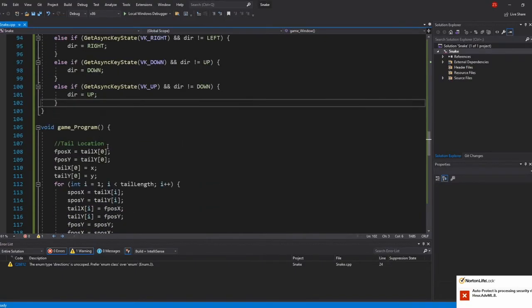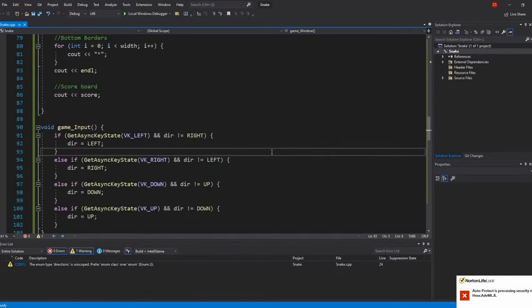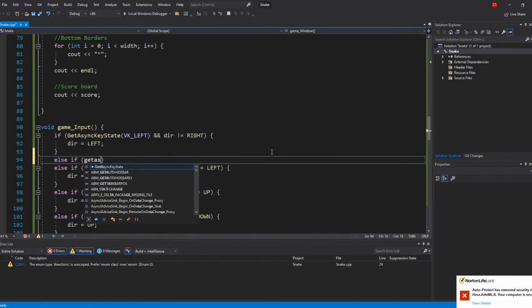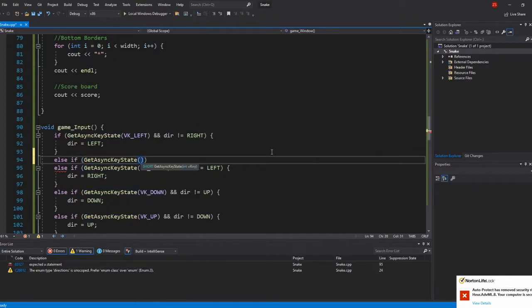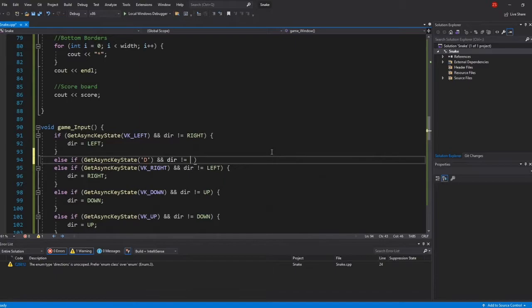One thing though is with this, the reason why I didn't put WASD is because if we put else if the D key, which is virtual key 0x44, so this is the D key, or I can just say D. So if we get that and our dir does not equal right,